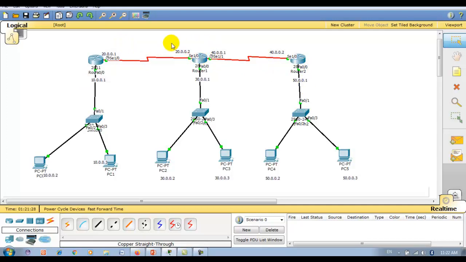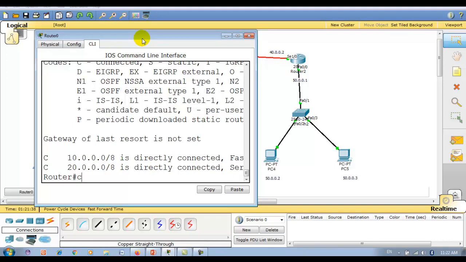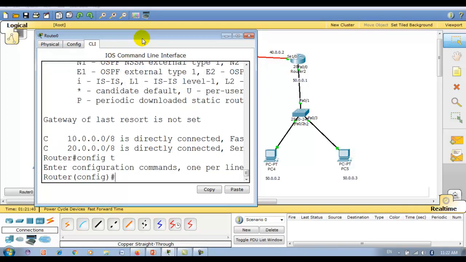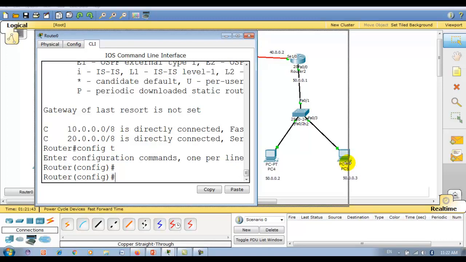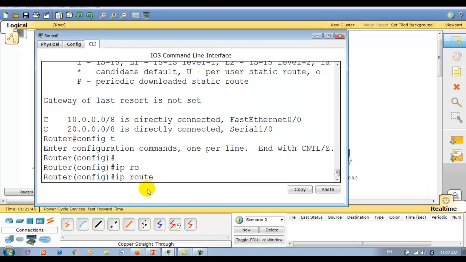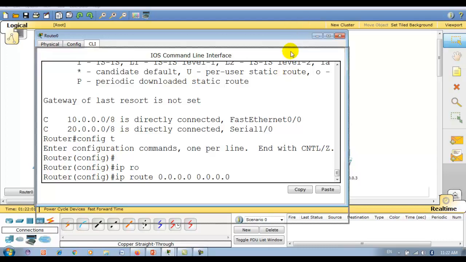Here I will configure a static route, that I configured in my last video. And here I will configure a default route. So I start from this one. Config T. So now here you can see the same syntax as a static route. So IP route. But here 0.0.0.0 as the destination network address, 0.0.0.0 as the destination subnet mask, and then the entry point, also called the next hop IP address.